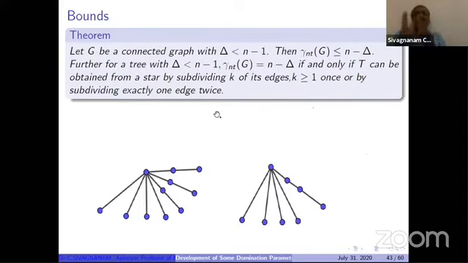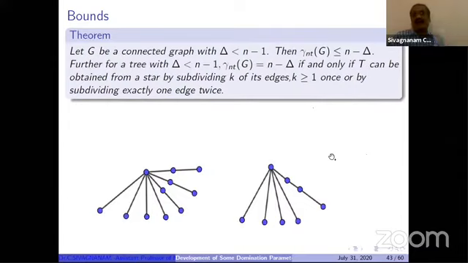Already we have the upper bound n minus delta plus 1. Now we have to think about whether any other upper bound is available. So now I have to impose another condition. Previously I was not taking a connected graph; now I am taking a connected graph. Let G be a connected graph with delta less than n minus 1. So at least one vertex is not adjacent to all other vertices; every vertex is not adjacent to at least one vertex. Delta less than n minus 1. Then gamma nt is automatically at most n minus delta.